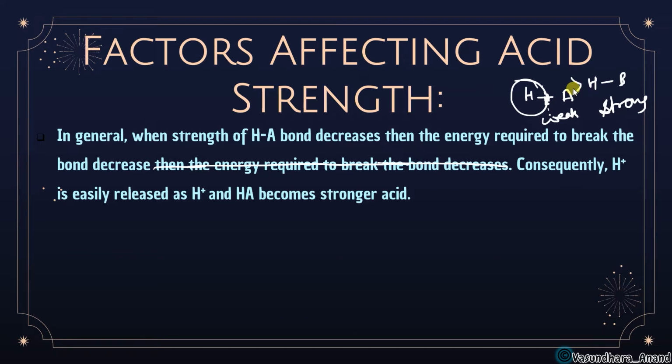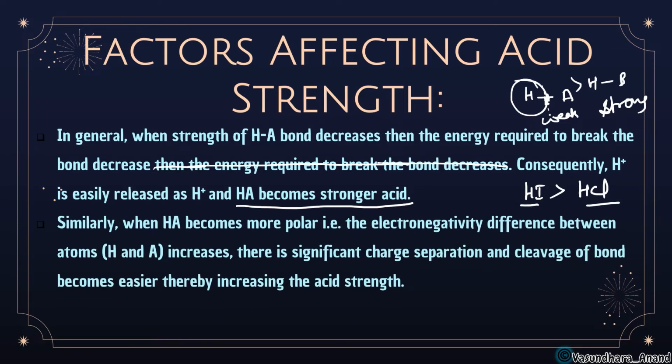Got it? Another example कर लेते हैं. Like if I am saying HI and HCl, which one is more acidic? What will you say? Whose bond length is higher, so that the bond dissociation enthalpy is less. Yes, got it? So HI, iodine being bigger in size, has more bond length and hence less bond dissociation enthalpy. That's why it will release H plus very easily and hence HI will be more acidic than HCl. Got it? So this is the line written over here.